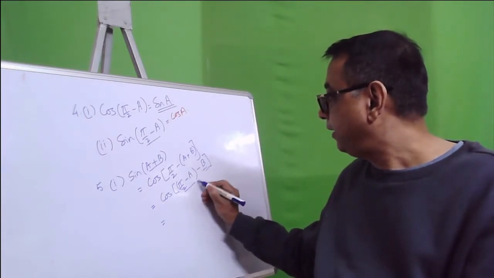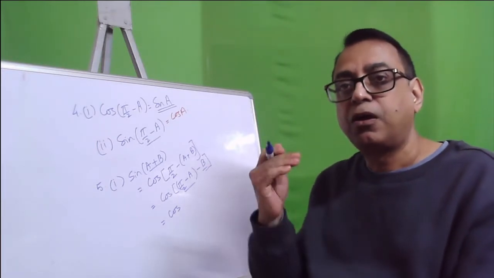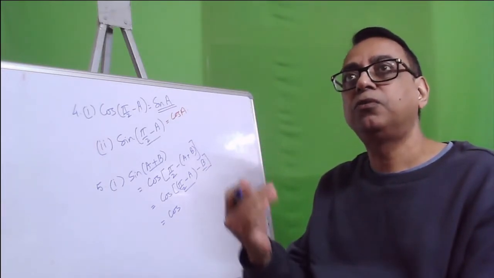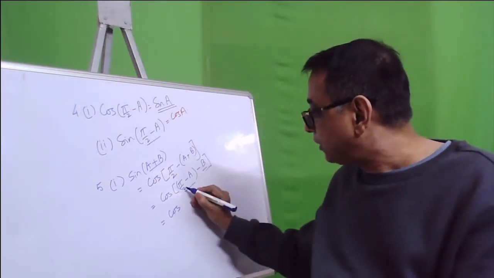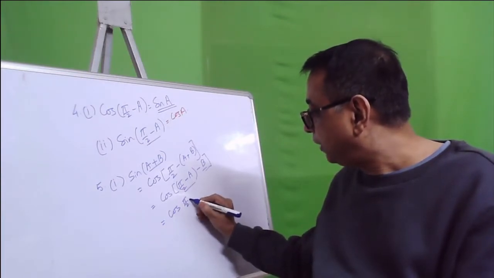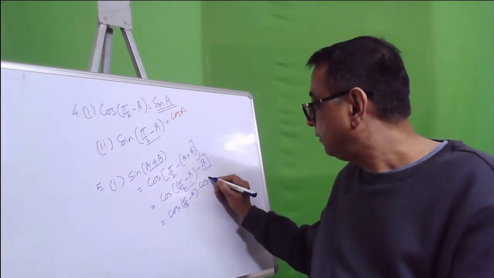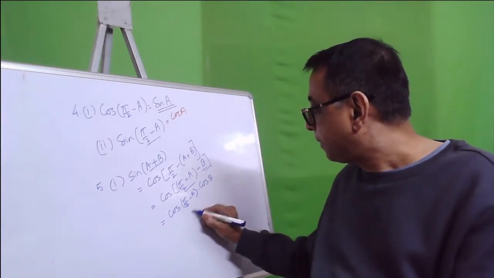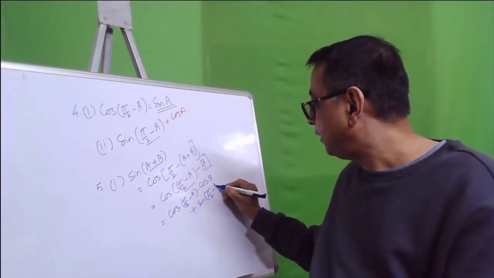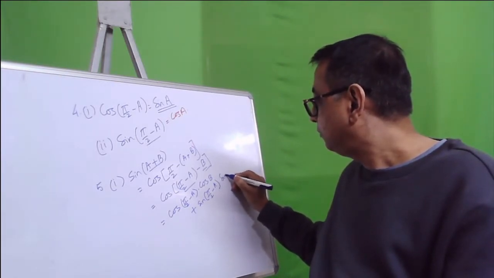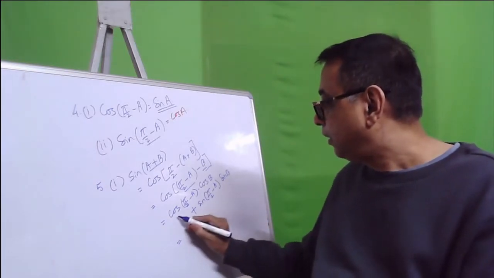This is now A and this is B. As per the earlier formula, if you remember, cos(A − B) is equal to cos A cos B plus sin A sin B. So cos A here is cos(π/2 − A) into cos B, plus sin(π/2 − A) into sin B, is equal to,